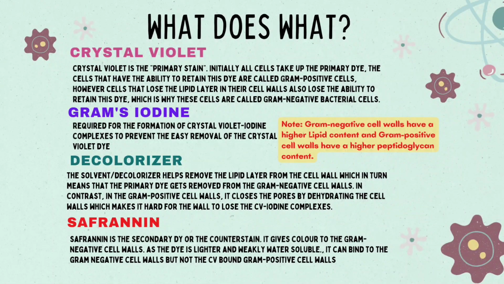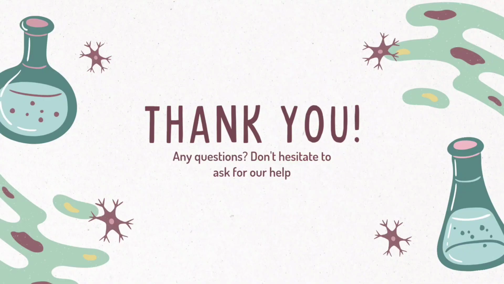The safranin is the secondary dye or the counter stain. It gives color to the gram-negative cell walls. As the dye is lighter and weakly water soluble, it can bind to the gram-negative cell walls but not to the crystal violet-bound gram-positive cell walls. Well, that was all about gram